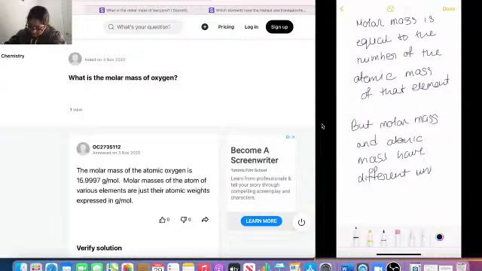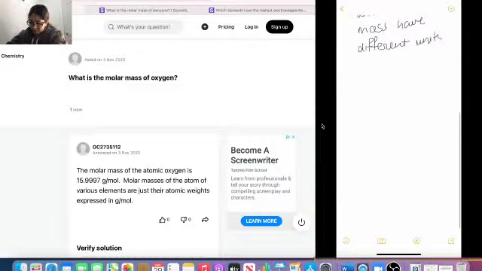Okay, and so in this case, let's first compare, so we can correlate with the atomic mass. And so let's say the atomic mass of oxygen,